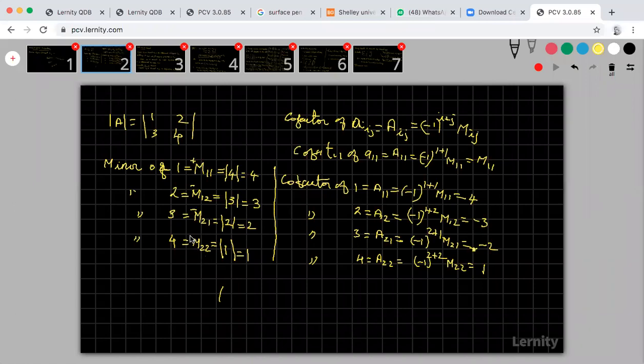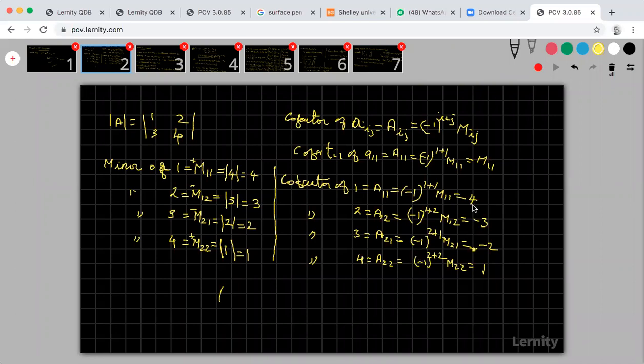This 2 plus 2, 4, that is an even number. Even number means multiply by plus. This minor multiplied by plus, you'll get the cofactor. Why am I using this minus, plus everything? Because this is minus 1 the whole power 1 plus 1. This is an even number, then I will get plus. This is an odd number, I will get minus. That means even number means multiply by plus. Odd number means multiply by minus. Here also odd number, multiply by minus. Here even number, multiply by plus.